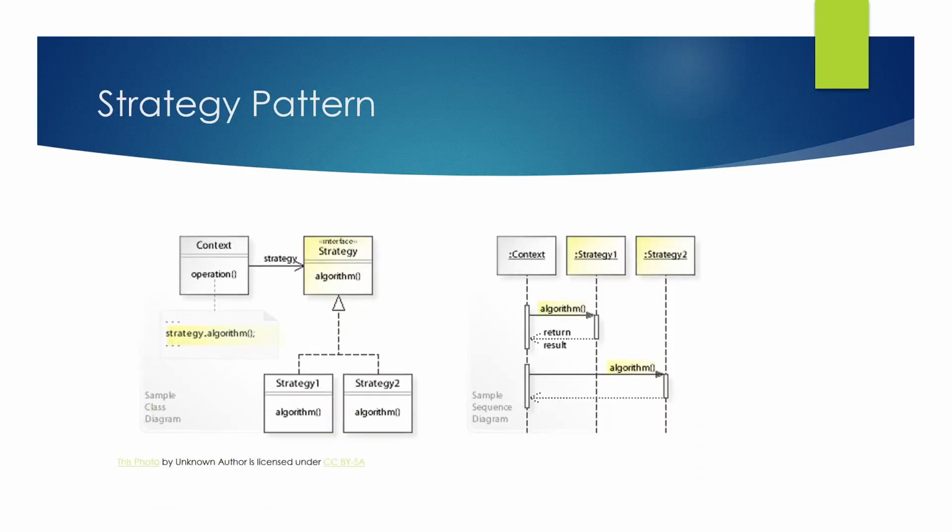We will begin with one of the behavioral design patterns named strategy pattern. Let's take a look at the idea behind this design pattern with the help of a diagram. Say we have a context within which an operation is to be performed. Our work is to provide the logic required to complete the operation, that is the algorithm. Typically we achieve this by coding the algorithm directly inside the method definition for the operation method. Okay, so now we have given the algorithm to complete the operation.